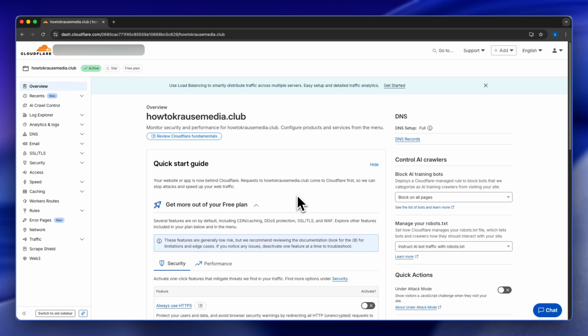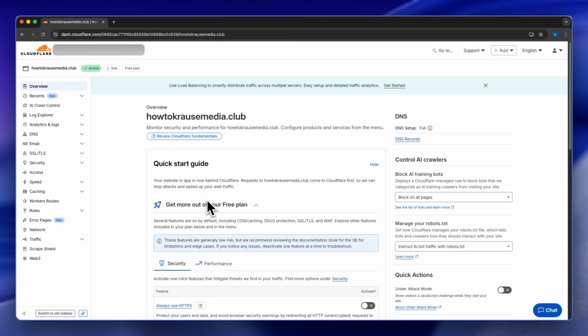Now, DNSSEC simply means Domain Name System Security Extensions, and it's a set of protocols that add security to your DNS by enabling authentication of DNS data. So this prevents attackers from forging or manipulating DNS responses, and some of these responses can be redirecting users to